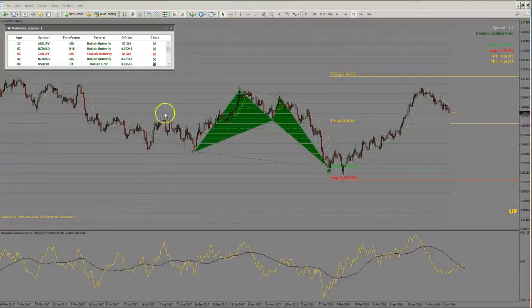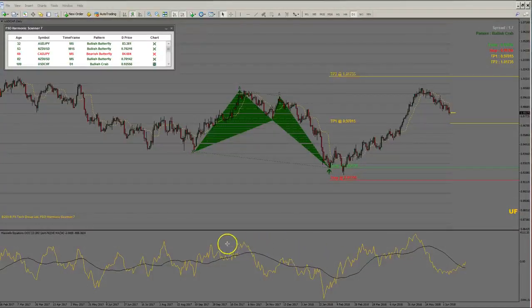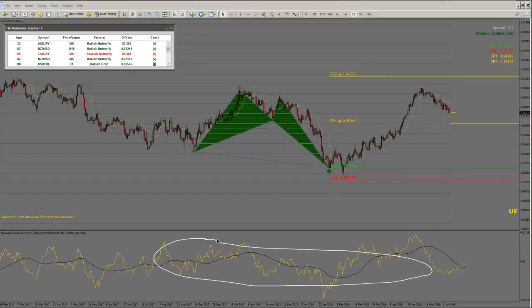There's my drawing tool. Okay, delete it. So, done. The next very important indicator you see here is the indicator on the down part. This is the Maxwell's equation indicator. What this indicator does,